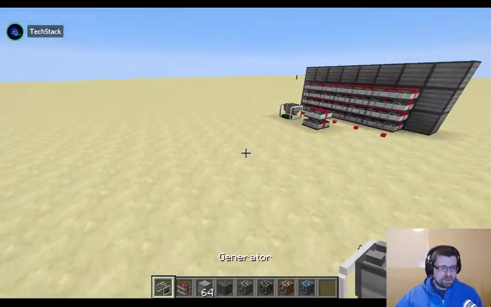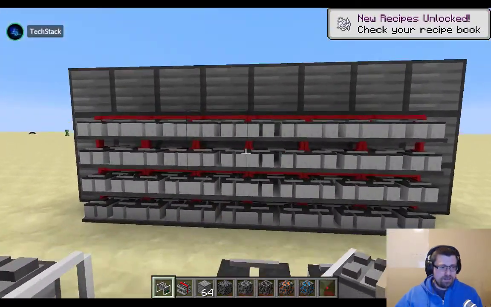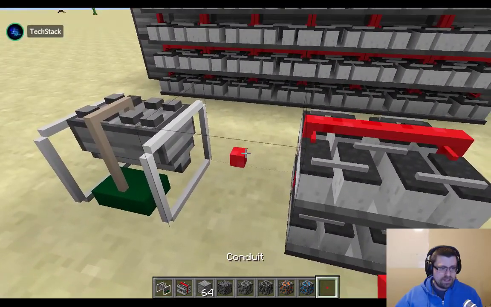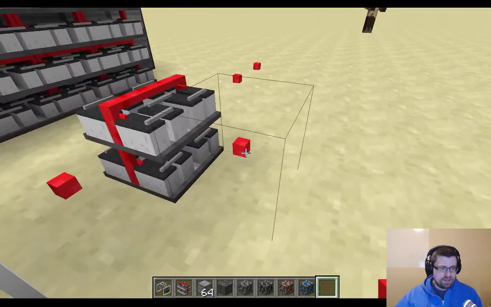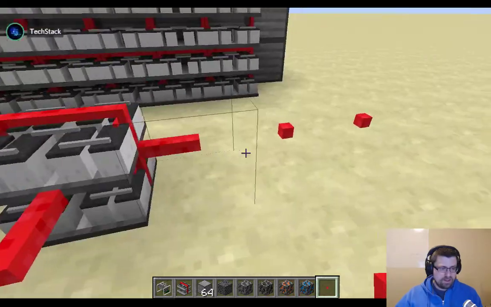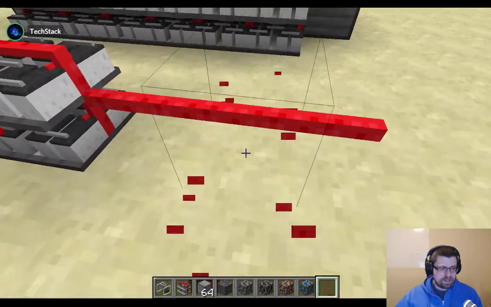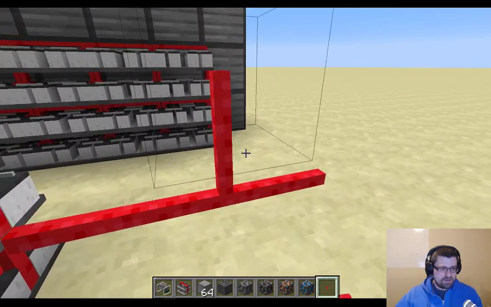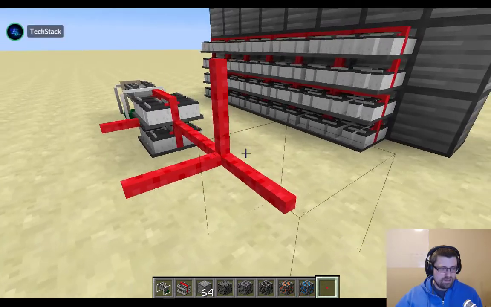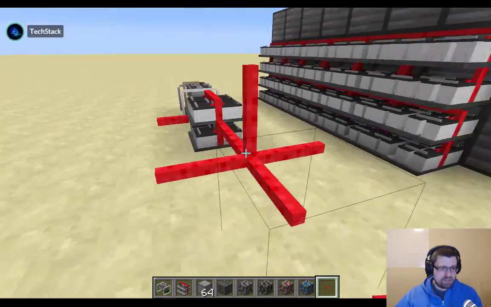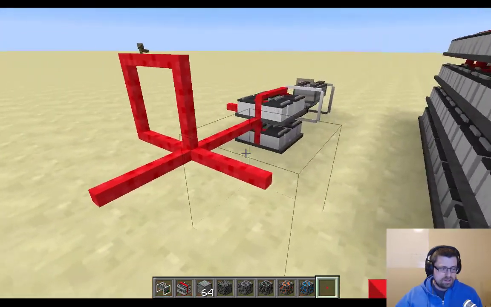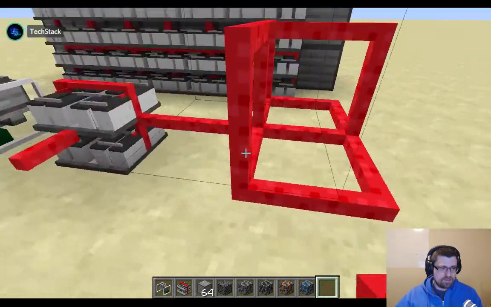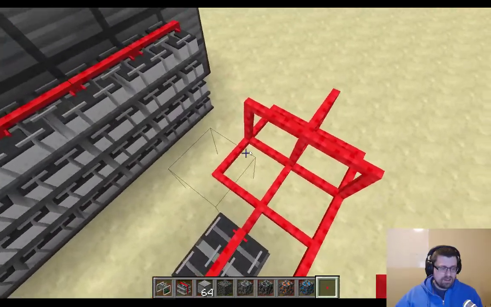Okay, stream, so here's the setup. We've got the batteries in the back, we've got the generator in the front, battery there. Conduit is now somewhat working. It's got a little bug with it where it doesn't update sometimes, and I'm not sure why yet, so we'll have to figure that out. But it is fully configurable to any direction that you want it to go. Make all sorts of shapes with it, right? And on top of that,